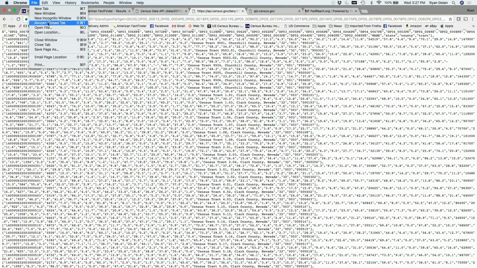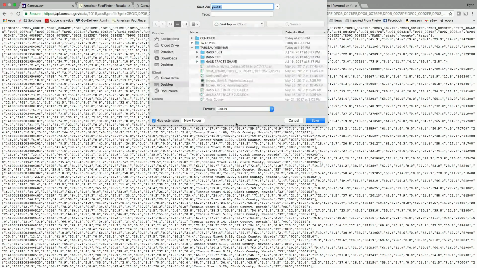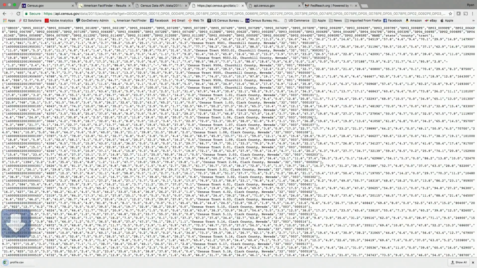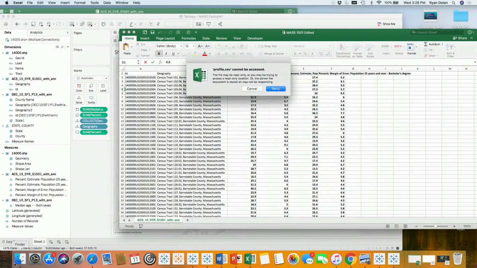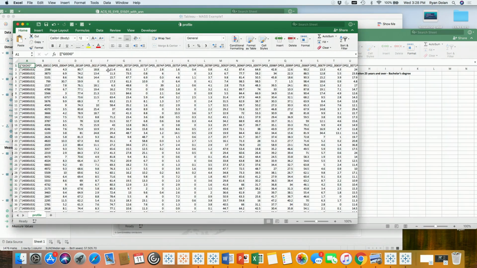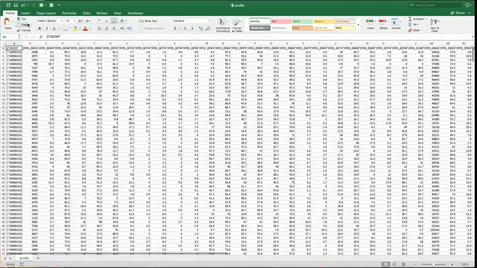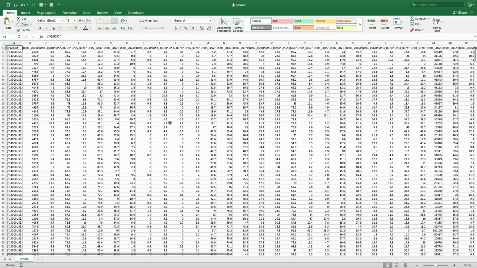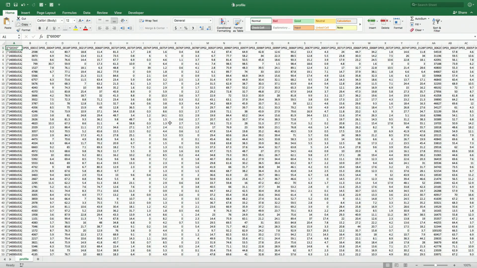You just go to File, Save Page As. You want to make sure you don't save it as a JSON in this case, because you just want to create a CSV extract, so just type .csv at the end. And if you're familiar with FIPS codes, those geographic codes, you find in the structure where the state FIPS code is and perhaps the other level of geography you're dealing with, and then you can craft it. And we did this for every state, and it was a tedious process to extract it because